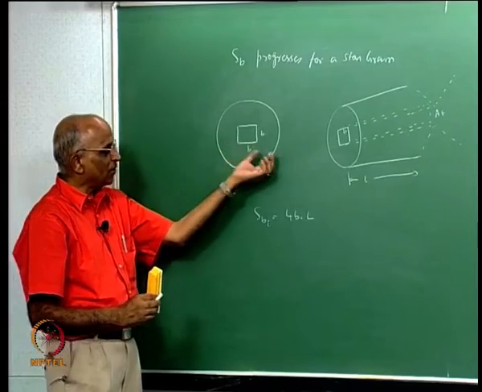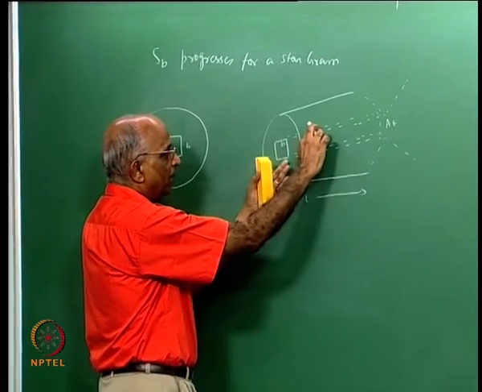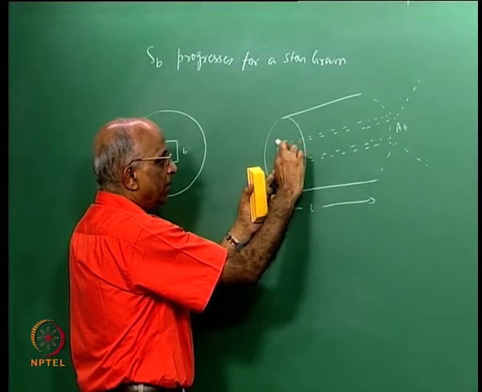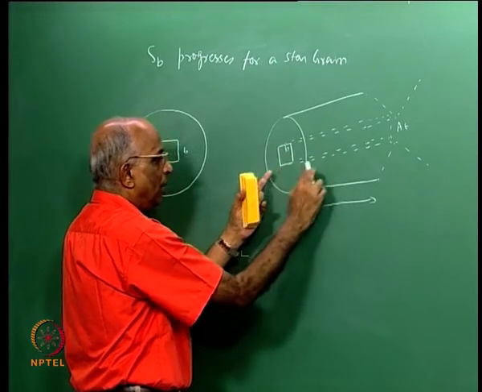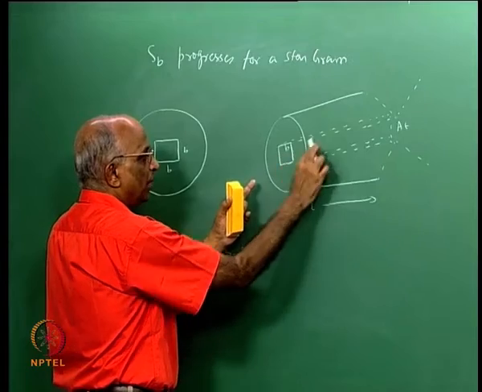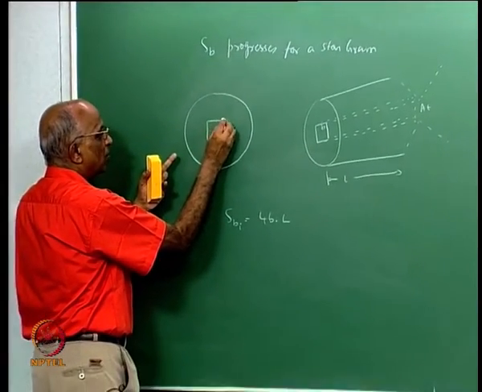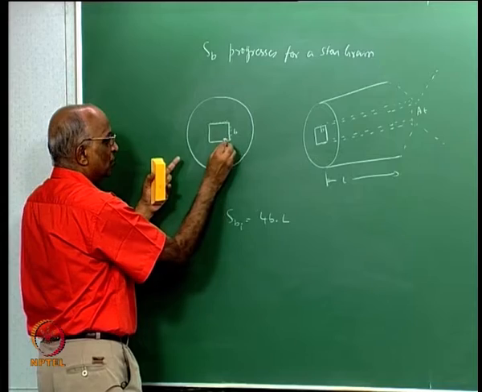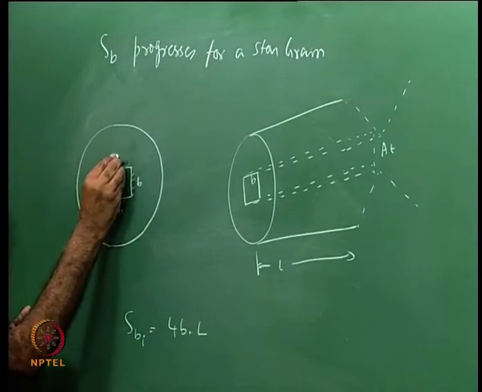See, what is the surface area with which we are igniting the grain? The inner surface area corresponds to b into L, b into L, b into L, b into L, or rather the perimeter is 4b into length. That is the initial surface area which begins to burn. I just took a section over here. And how does burning take place? Burning takes place